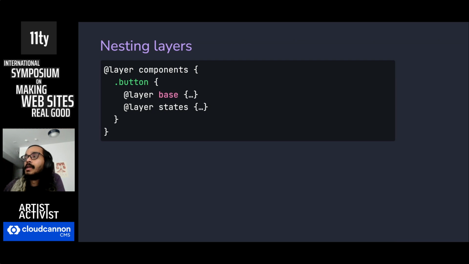But it gets even more interesting when you do use CSS nesting, because you can put a layer block inside another CSS rule, like a class selector. This is useful when you want to style different parts of the same component using different layers. I do want to point out that CSS nesting is a relatively new feature, so you might want to use preprocessors, like PostCSS or Sass, to transpile this part out for you. This pattern I find useful, especially when different parts of the same component need to have different priorities.